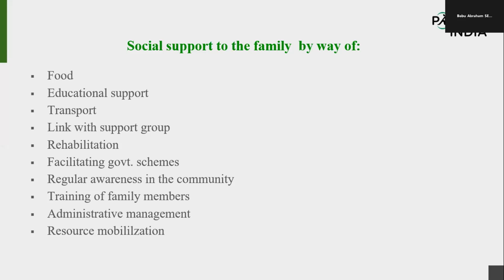And in these ways, the community volunteers are involved in rehabilitation activities, and they will be facilitating government schemes. We know that the government, especially the social justice department of different states, is providing many welfare schemes, welfare pensions, or assistance to different beneficiaries. Sometimes the caregiver is getting some sort of pension for caregiving, or the disability pension or the cancer pension. All these